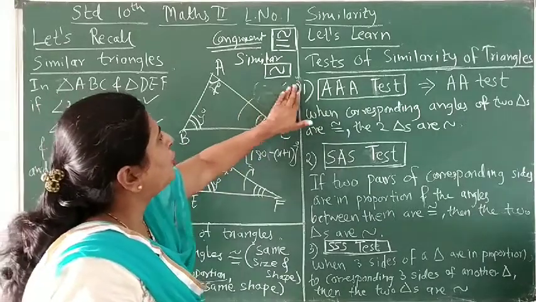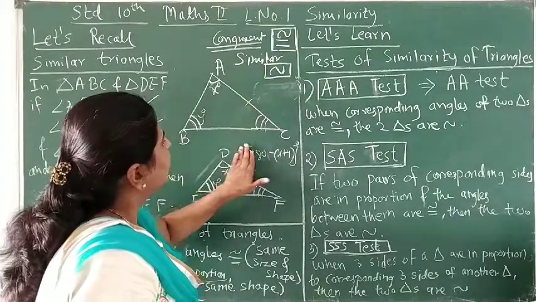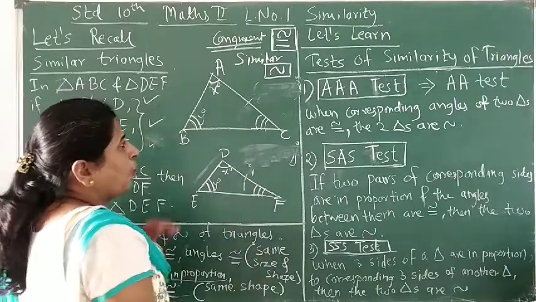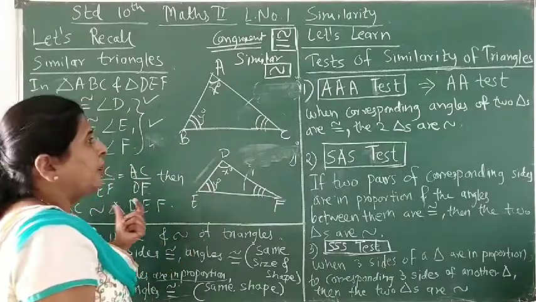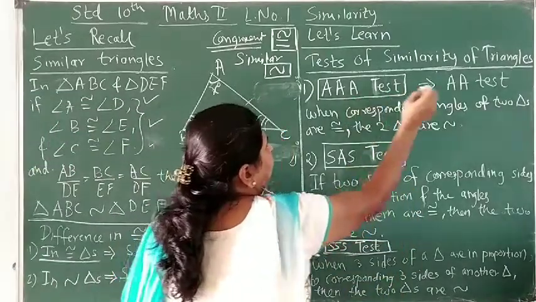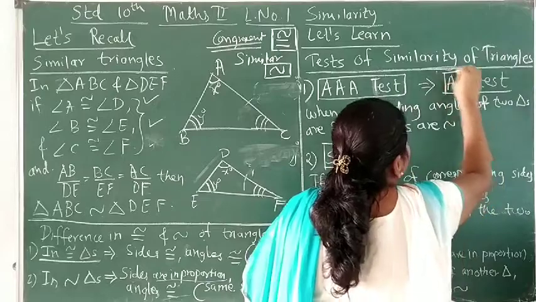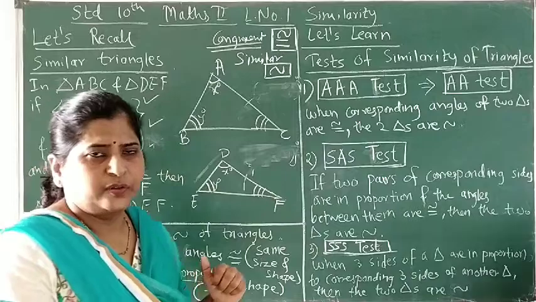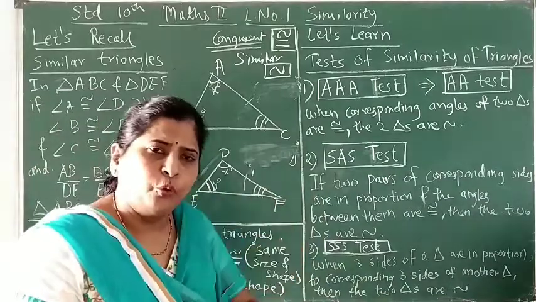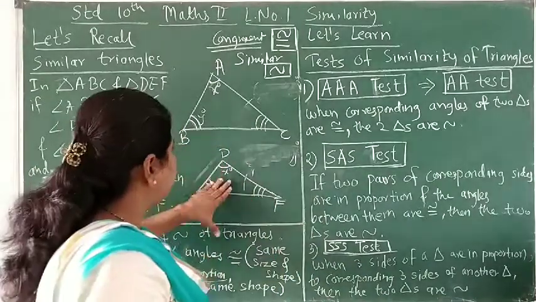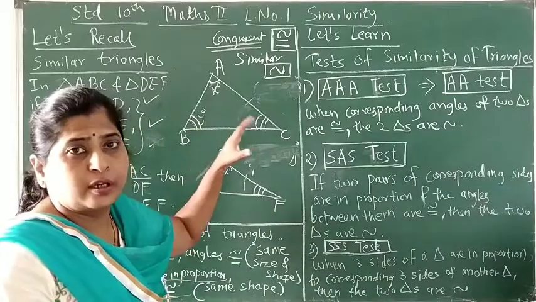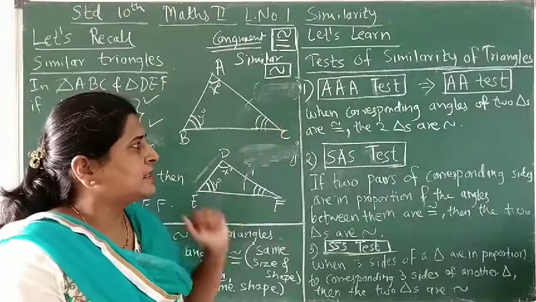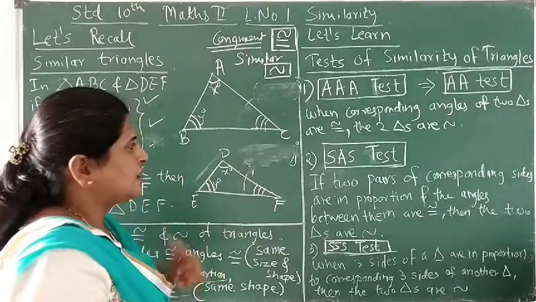So we need not go through this. Okay. So if we know only about 2, still we can conclude that these 2 triangles are similar, and then instead of saying AAA test, we can use the words AA test, as we know about only 2 angles of that triangle. Or if we have proved that only 2 pairs of corresponding angles of these triangles are congruent, any 2, then we can say by the AA test, these 2 triangles are similar.